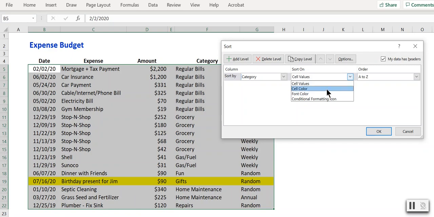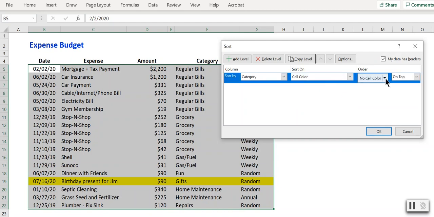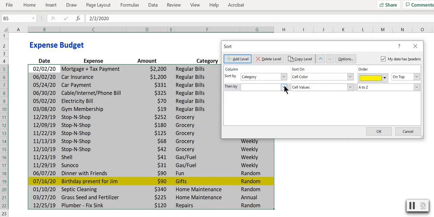If you want to just highlight a few things, you can put them at the top if you wanted to. So we're going to hit cell color here. Over here, you're going to select what color it is, which is the yellow, of course, and then you tell it, is it on top, is it on the bottom? So, of course, we want that on top. The second thing I'm going to tell you is I want to go back then. So we're first going to sort by that color, and then everything else I want it sorted by my category,